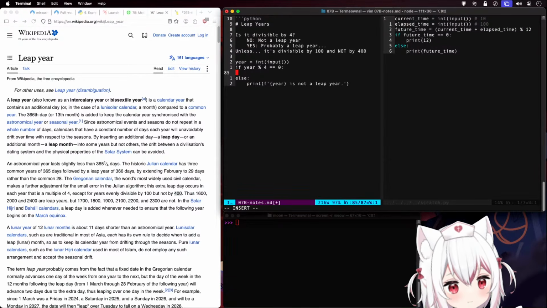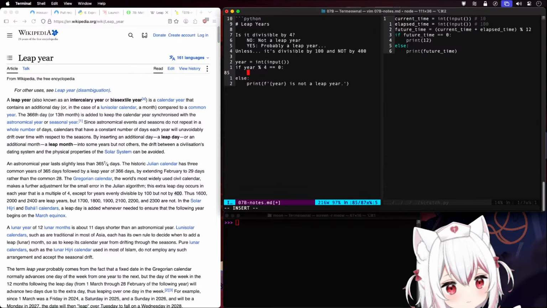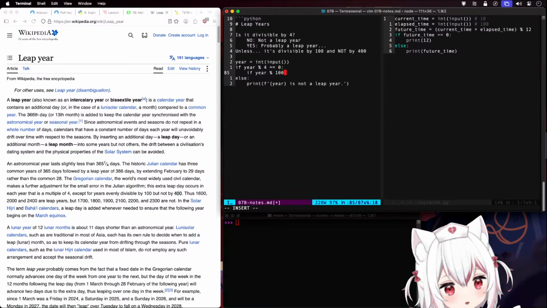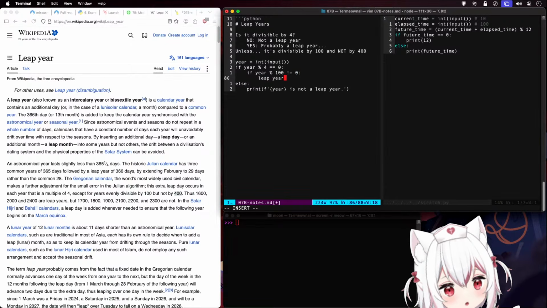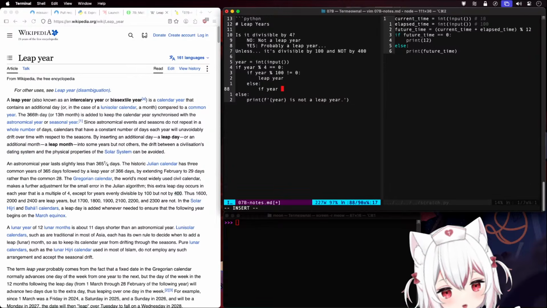It's divisible by 4. Divided by 100. Modulo is not 0. Leap year. Else, if it is divisible by 100, if year divisible by 400,